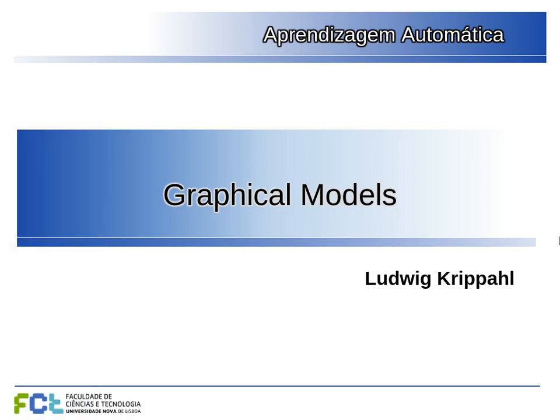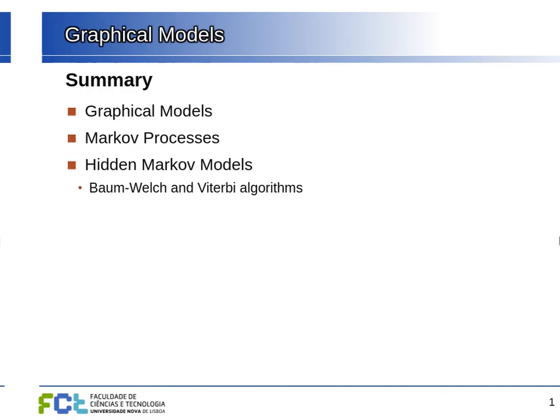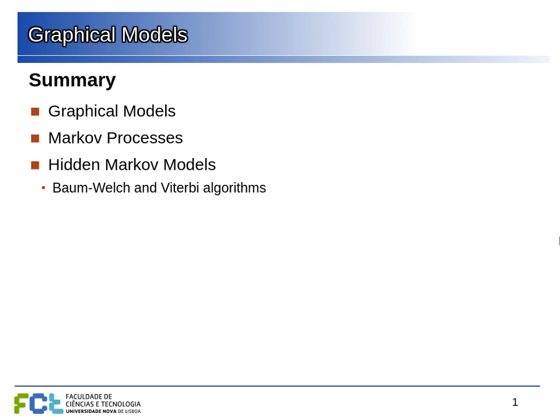Good afternoon. Today we're going to talk about some probabilistic modeling used in unsupervised learning, and basically this representation of the relations between the different variables which we use in these graphical models. So I'm going to give a brief overview of some graphical models. Some of you probably know them from AI, and I'm going to talk also about Markov processes